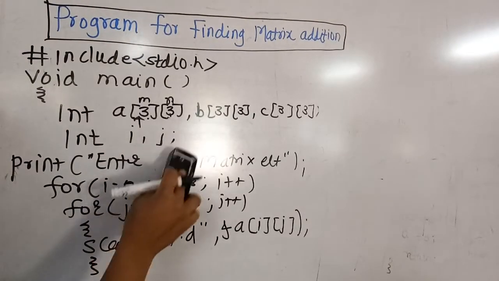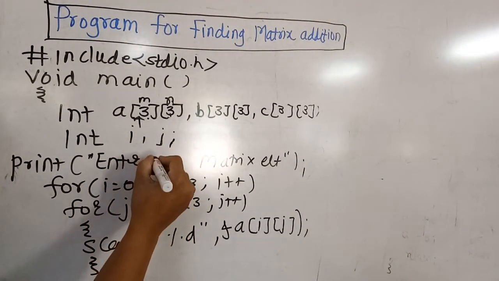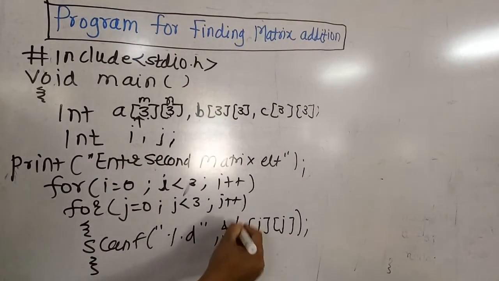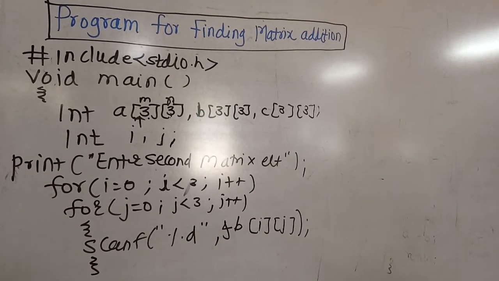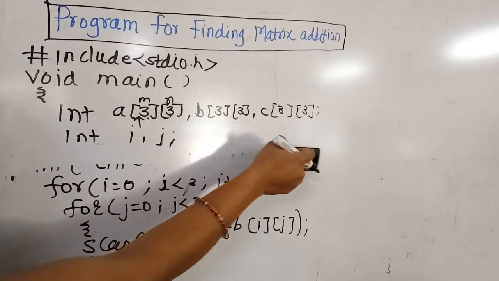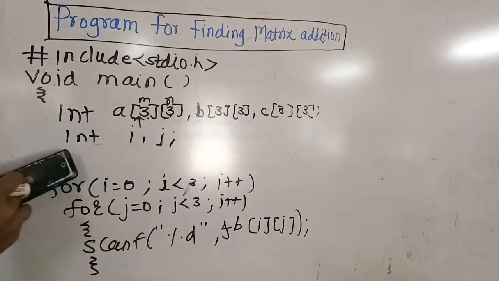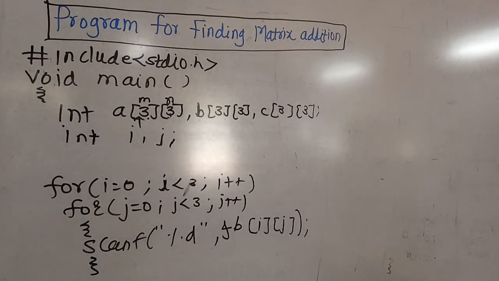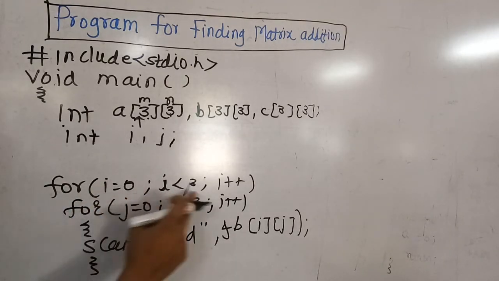Now we will again write the same procedure, that is enter second matrix elements. All will be the same, but here you only have to change to B, that is B of ij. Here in this B of ij we are storing the second matrix elements. Now the next procedure is addition. For that, simply cut this, meaning don't write this message again because it's a calculation, and we all know that while using an array for processing it will also require the for loop. So again we are writing for loops.